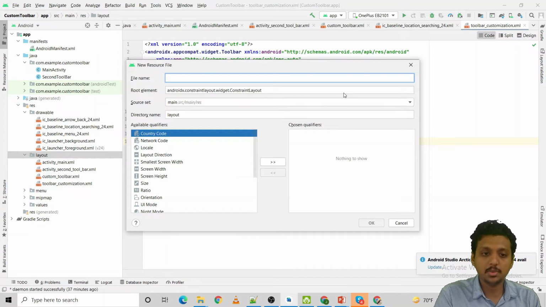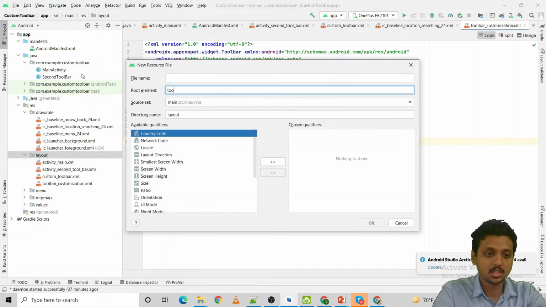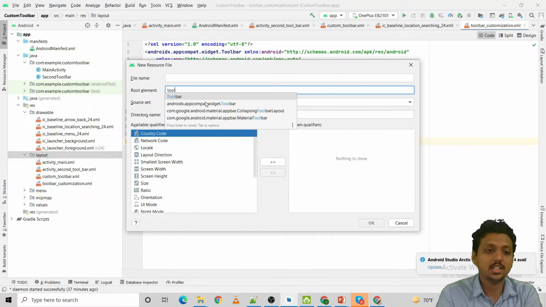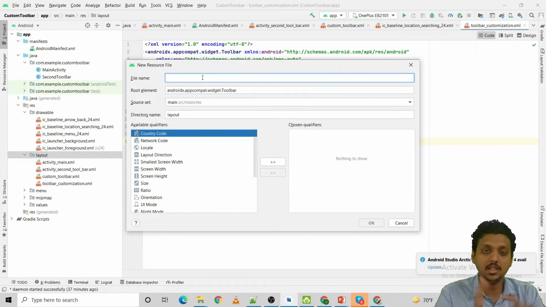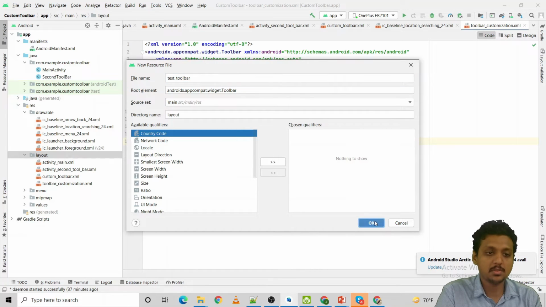Instead of the root element, this constraint layout, students, see, you can get the appcompat widget Toolbar. So I'm just selecting this, and giving the file name like test_toolbar. This test_toolbar is my file name. So let me just click on the OK button.